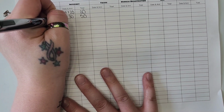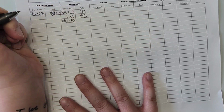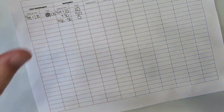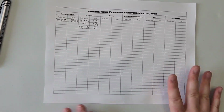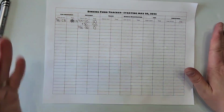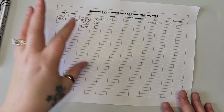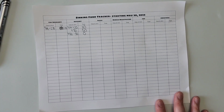But this is, say, then I'm going to pay this on 6/10, minus 50 equals 0. So just keeping a running tab of each of them. That's how I did it before. That would be an example of how easily you could do it in an Excel spreadsheet or a Google Sheet, or like I said, even a notebook if you're keeping track of it. So I wanted to show the option if you're not doing the cash stuffing and you're trying to figure out how to make this work